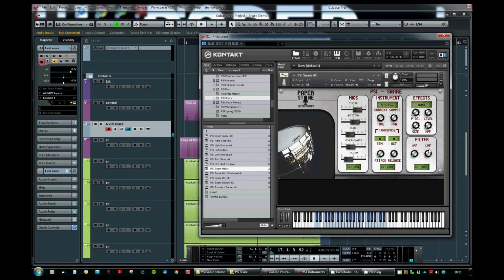So onto the filter section. We've got high pass and low pass filters, which you can control for all the snare hits together if it's in global, or you could pick the hit that you want to change, pop it into local, get the sound you're after,